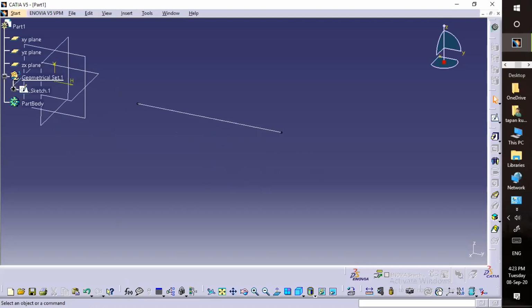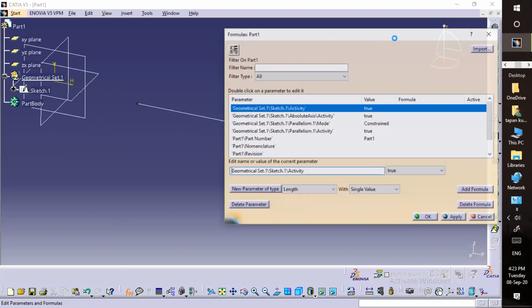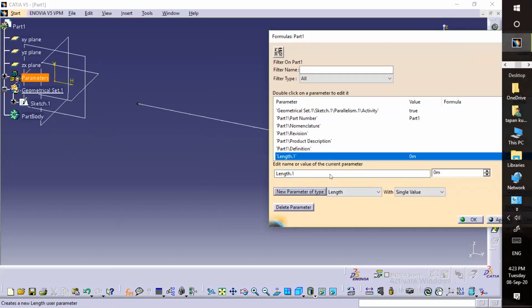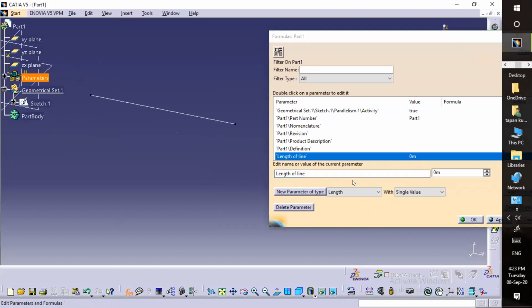So what I'll do is go to the formula. Then again, you need to select the length only. New parameter type, give length of line. Or distance of the two points you can give, but length of the line is good.